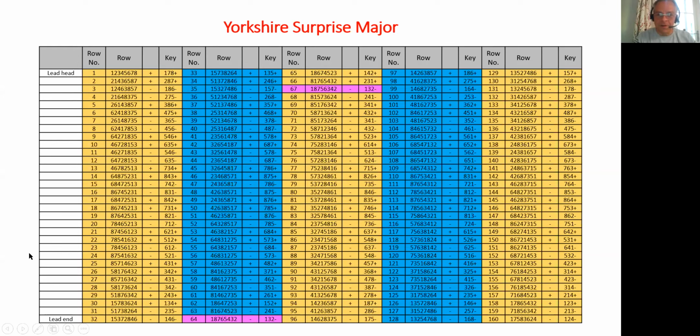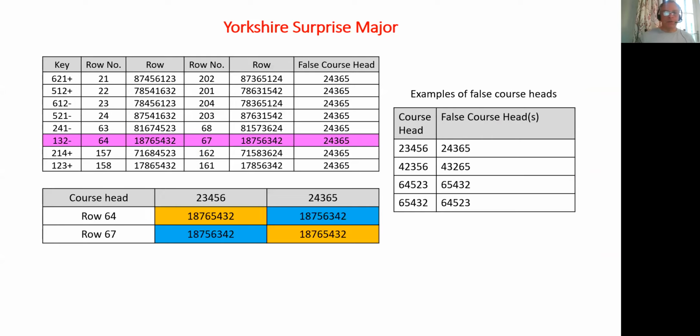The two that I've got highlighted in pink here on this example, you'll see there are 2 rows that have both got the key 132 minus. They occur fairly close together in the course. But if we just look at that in a bit more detail,